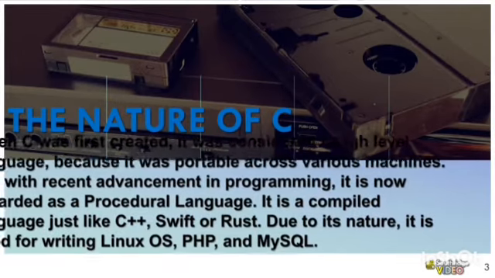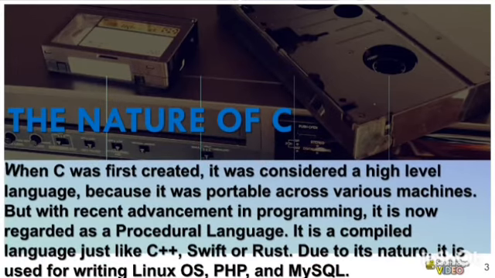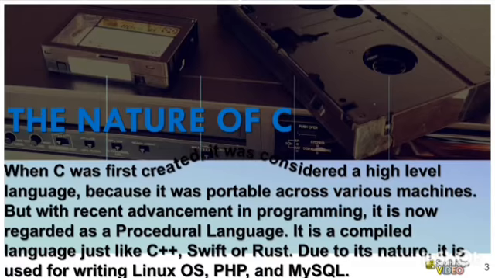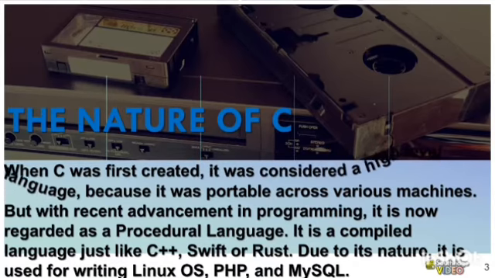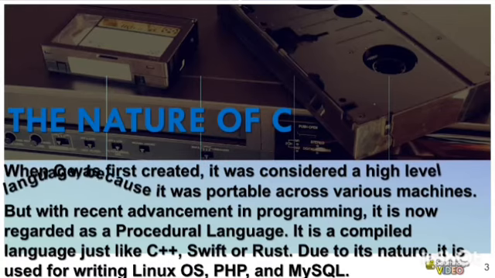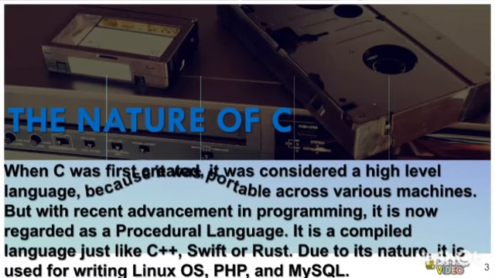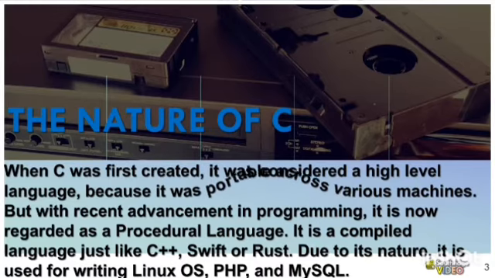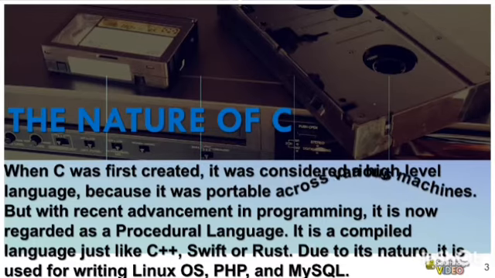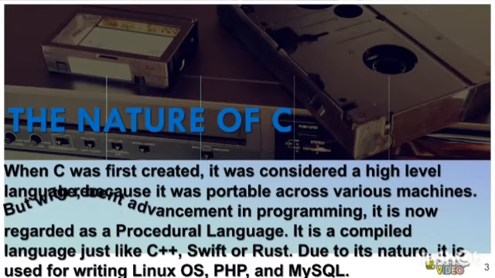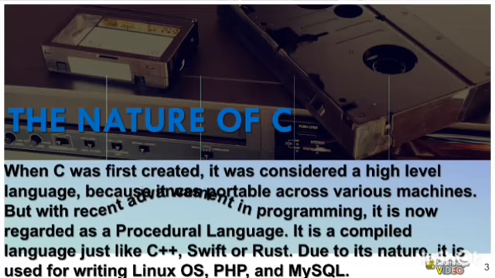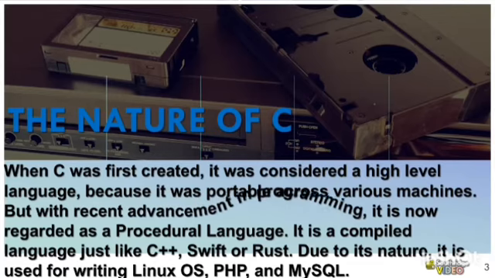Before now, all programming languages were machine oriented. That means for you to program, you needed to understand machine language. So C came and broke the deadlock. It gave programmers the ability to take programming to the next level, making it easier for human beings to code, that means using human understandable languages.